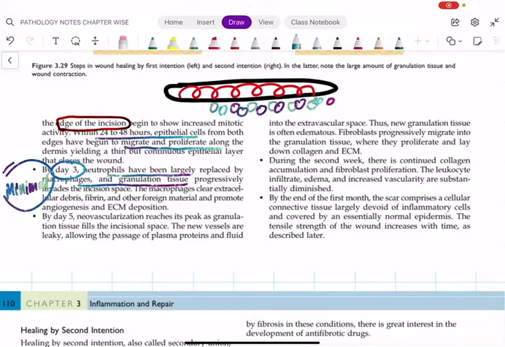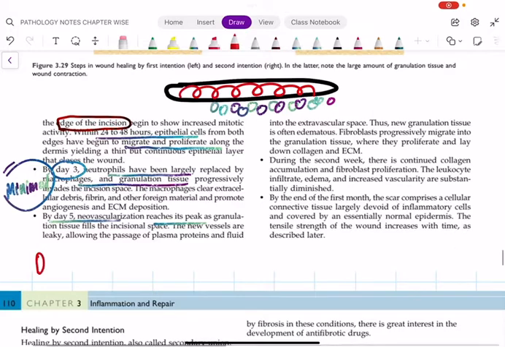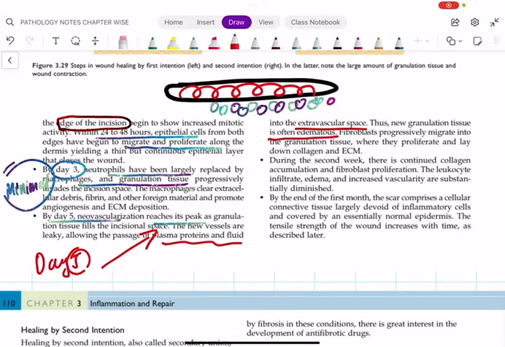And finally, on day 5, neovascularization or angiogenesis will be at its peak. Of course, from day 3 the new blood vessels start forming, but the highest level of neovascularization will be on day 5. This is an MCQ question. Day 5 is important. More blood vessels means more leakage of plasma proteins and increased vascular permeability, so it is often edematous. Then there is fibroblast formation and deposition of extracellular matrix, and by the second week,